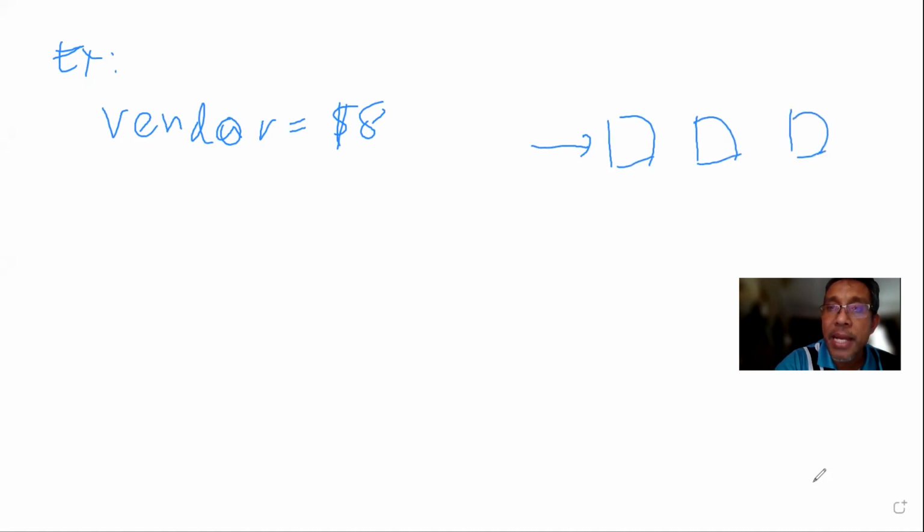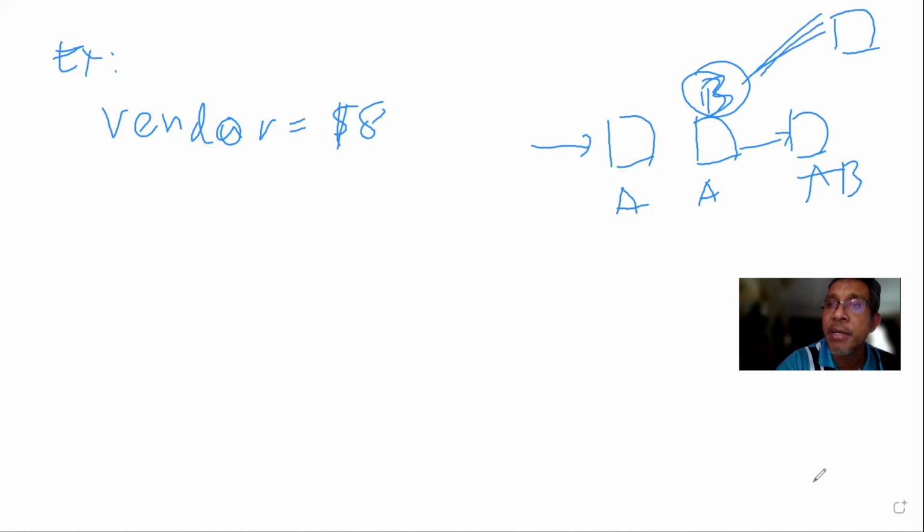In this one you use part A, and then part A we assemble with part B, and then you can get the product here, AB. But part B, normally you can fabricate inside your plant. You have another machine, another process in the job shop somewhere here. So this part B, you want to fabricate inside your plant, or you want to buy, you need to make a decision. This is an example.